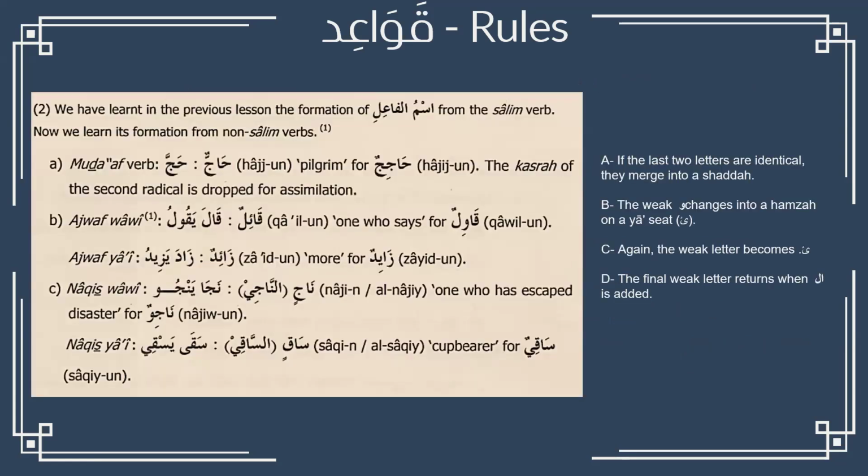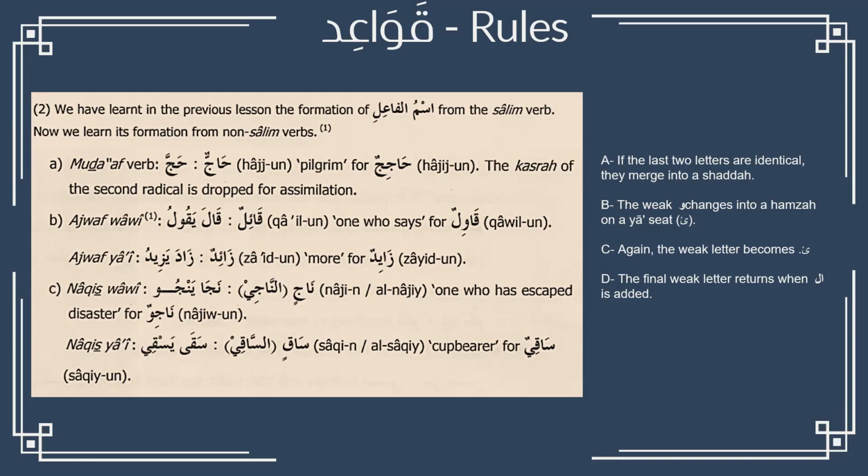Second example, let's see. Sister Kiran, what is it? Give me one more example. What is the second example for Ghair Salim? Can be yuqalu. So what does that mean? I mean, which letter is weak? In yuqalu, the jim is weak. No, that one is already done. Brother Abdullah Said already gave the first type. I'm only talking about the type, not an example. Just give me the types.